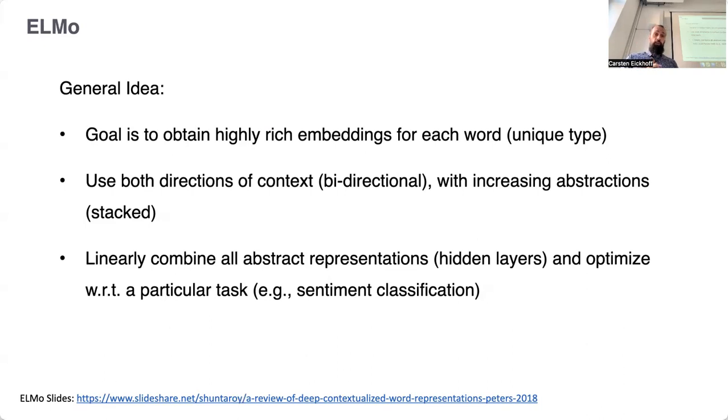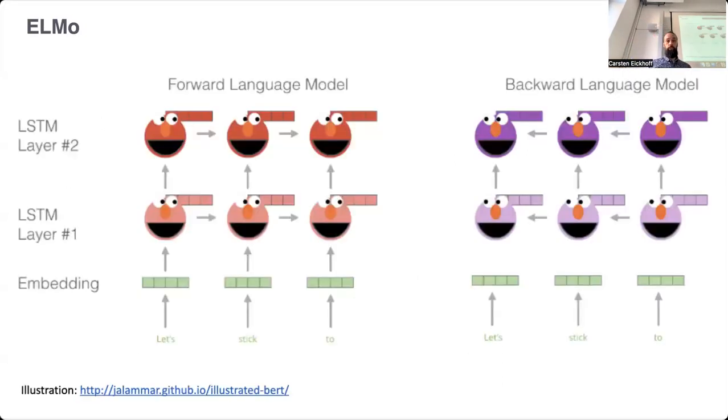And this really puts everything together, right? So we want very rich embeddings that capture words and really word types, right? So these are static embeddings. Every time I see the word dog, it should be the same representation. I want then on top of that context bidirectional, right, from both directions, and I want to stack my abstractions here. So it's going to be 2 layers in this case. And now I want ideally the ability to then fine-tune this for arbitrary tasks. And this is what gives you this beautiful zoo of Elmos here,